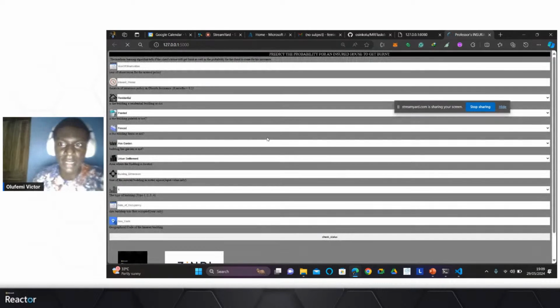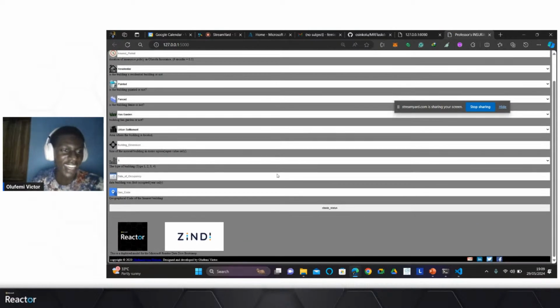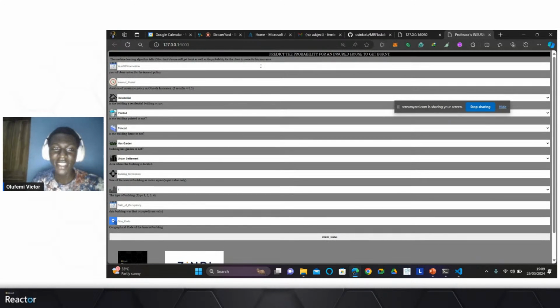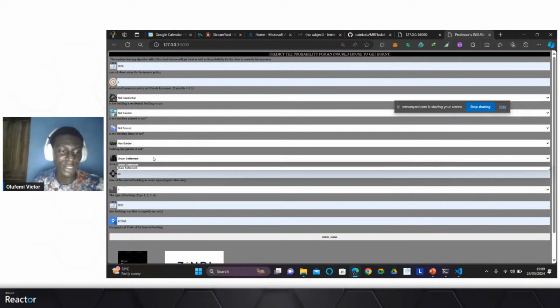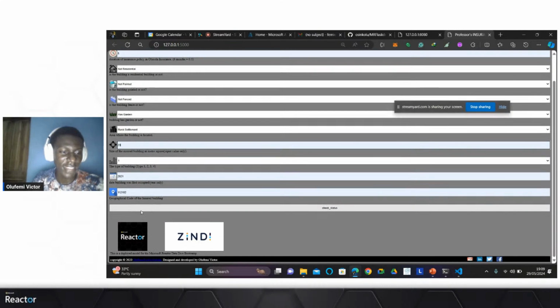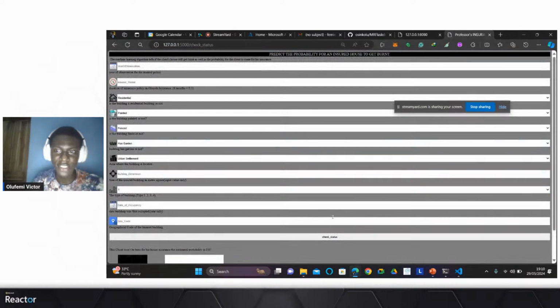Let's see what it looks like. Oh, voila, it's in. So yeah, I took this data from Zindi and I've put a nice Microsoft Reactor logo here because of this demo. And yeah, please feel free to change all this. I already wrote my name since I designed it, and you can see what it looks like. So then you can see I can specify the year of observation, the duration, if the house is residential or not. I've already done that nicely in my HTML script. If it's fenced or not, if it has a garden or not, settlement, the size, the type of building, and so on. Then I can check status.